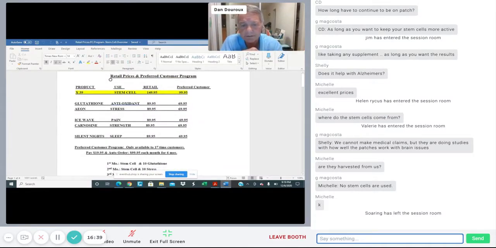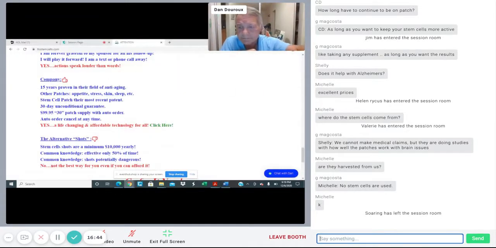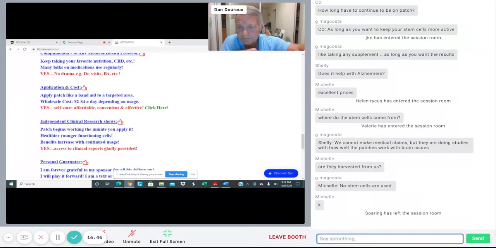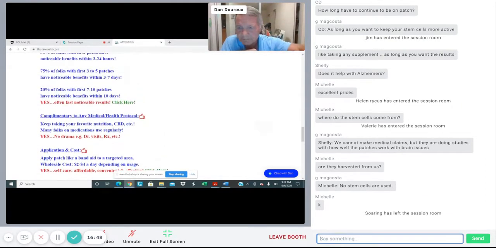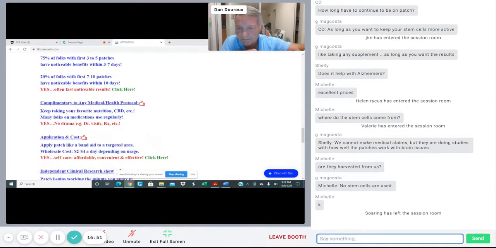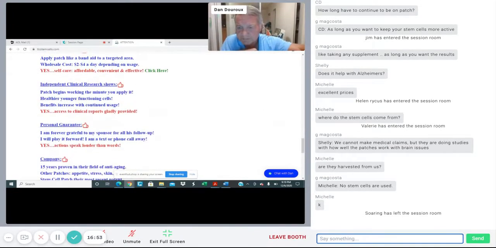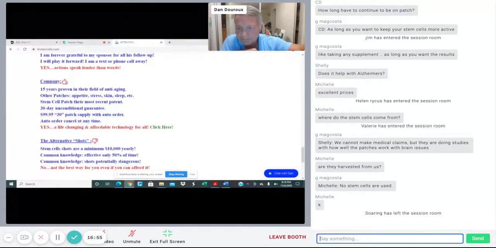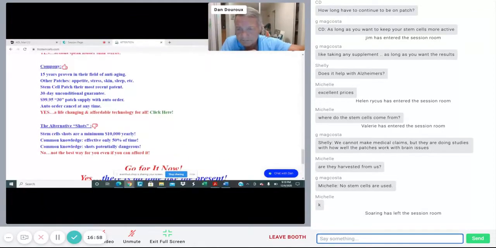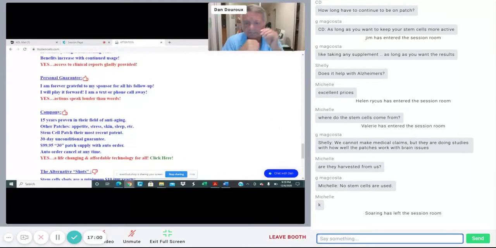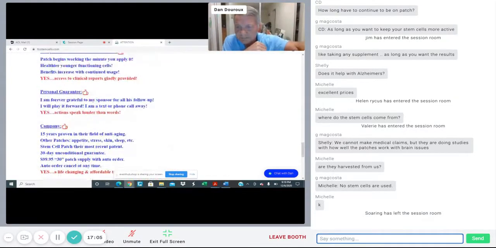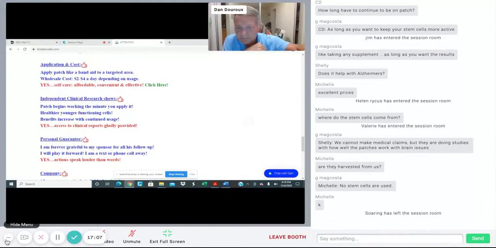Michelle is asking, where do the stem cells come from? Michelle, this patch activates your own body's stem cells using the same principle of light as the sun activating our body's ability to create vitamin D. So there's no stem cells being harvested anywhere or being inserted into you. In fact, nothing goes into your body with the patch. The patch is made of a cellulose type base that sits against your skin, and your body's far infrared light